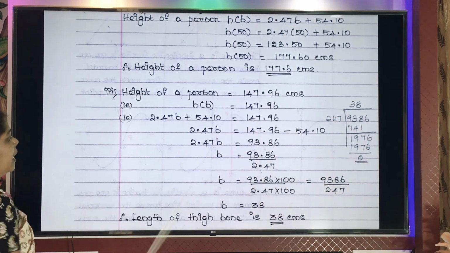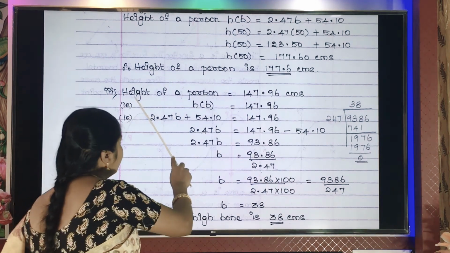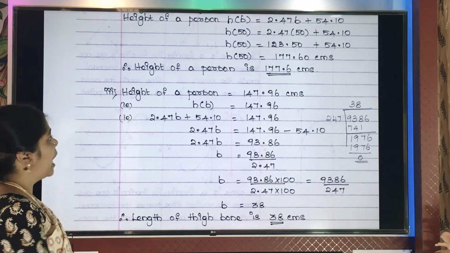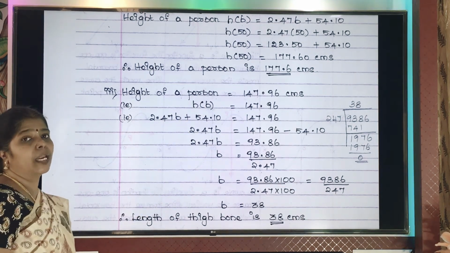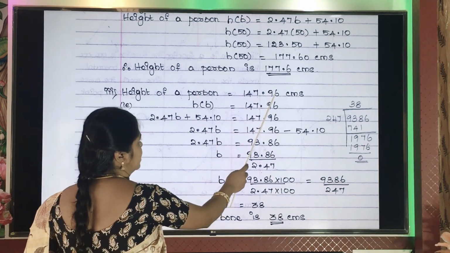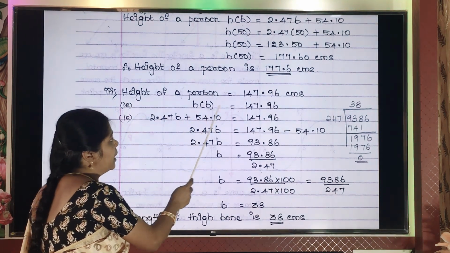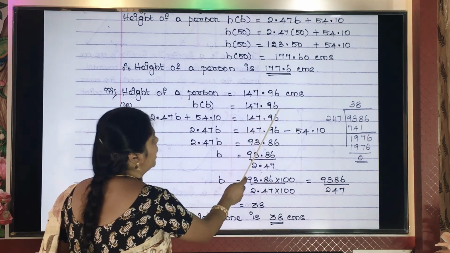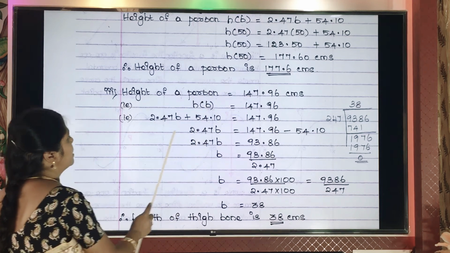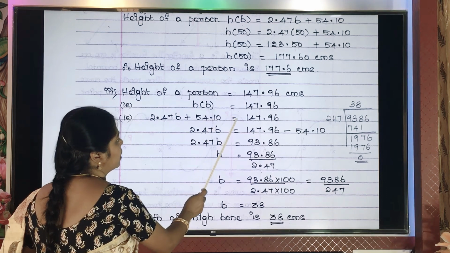Yes. Now the next question, vice versa, they have given. They have given the height of the person as 147.96 and we are supposed to find the thigh bone's length. Height of a person is 147.96. Height of a person is denoted by h of b, isn't it? So h of b is 147.96. Now what is h of b? As per the given sum, it is 2.47b plus 54.10